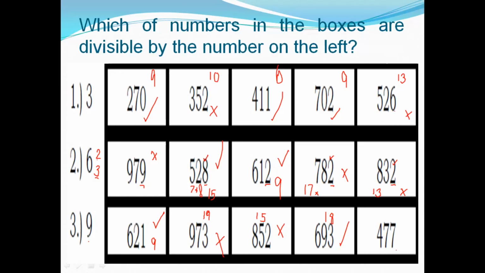Next, 744. Is 744 divisible by 9? Let us add the digit. 7 plus 4 is 11. 11 plus 7, we get the answer 18. So, just like the other number, 18 din yung sum of digits natin. So, this is divisible by